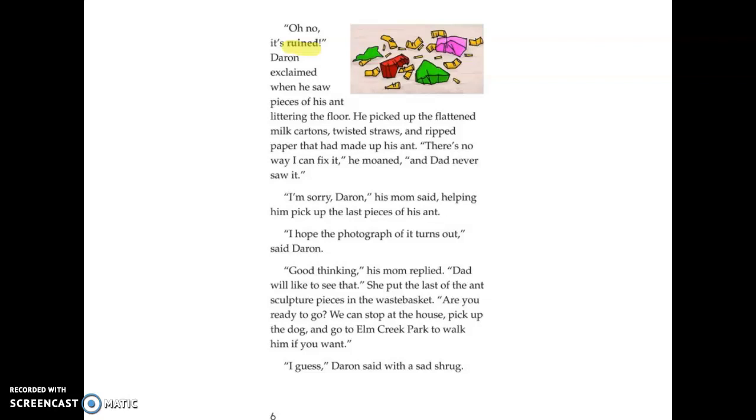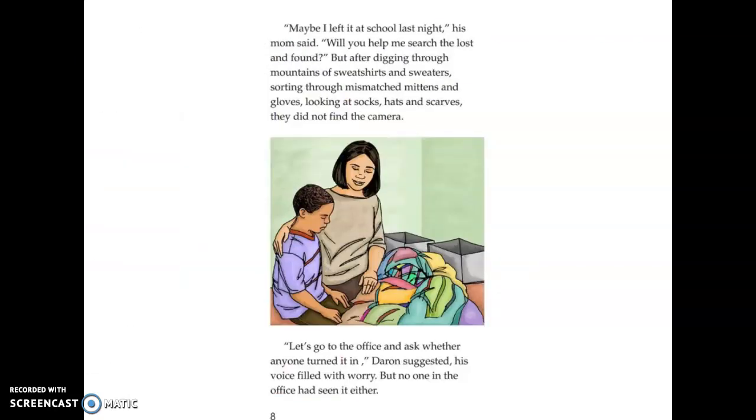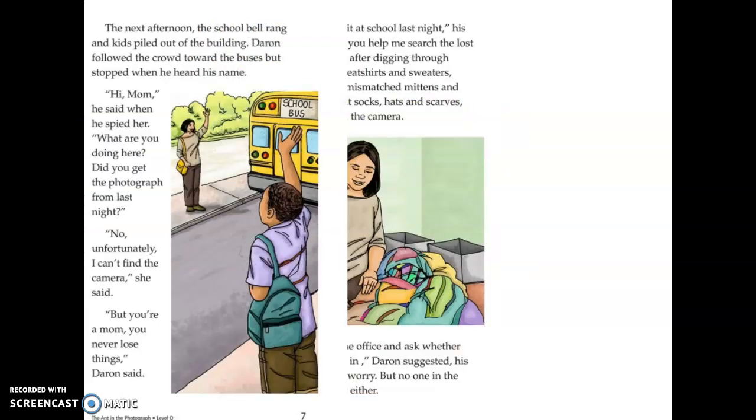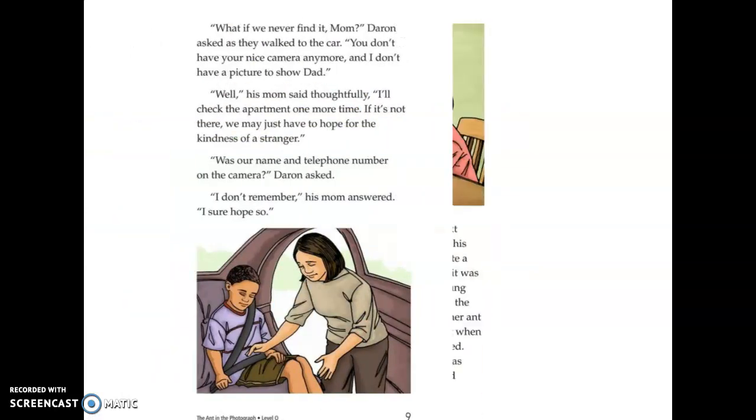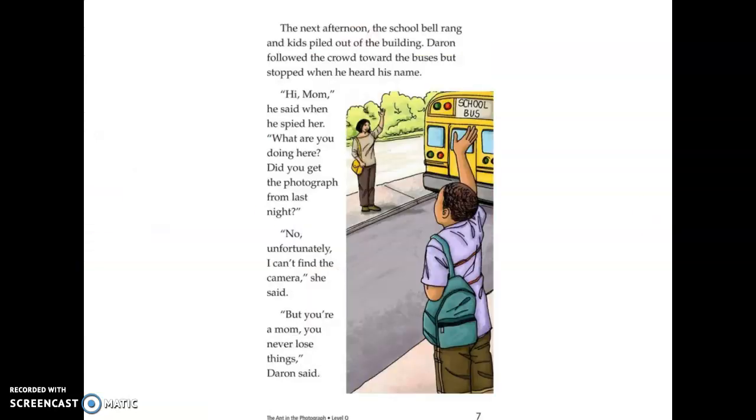Tomorrow we're going to go over more detail about plot and how to identify the problem, the climax, and the solution. Today, I want you to read pages 7, 8, 9, and 10. Okay, so before you go and do that and do your assignment,